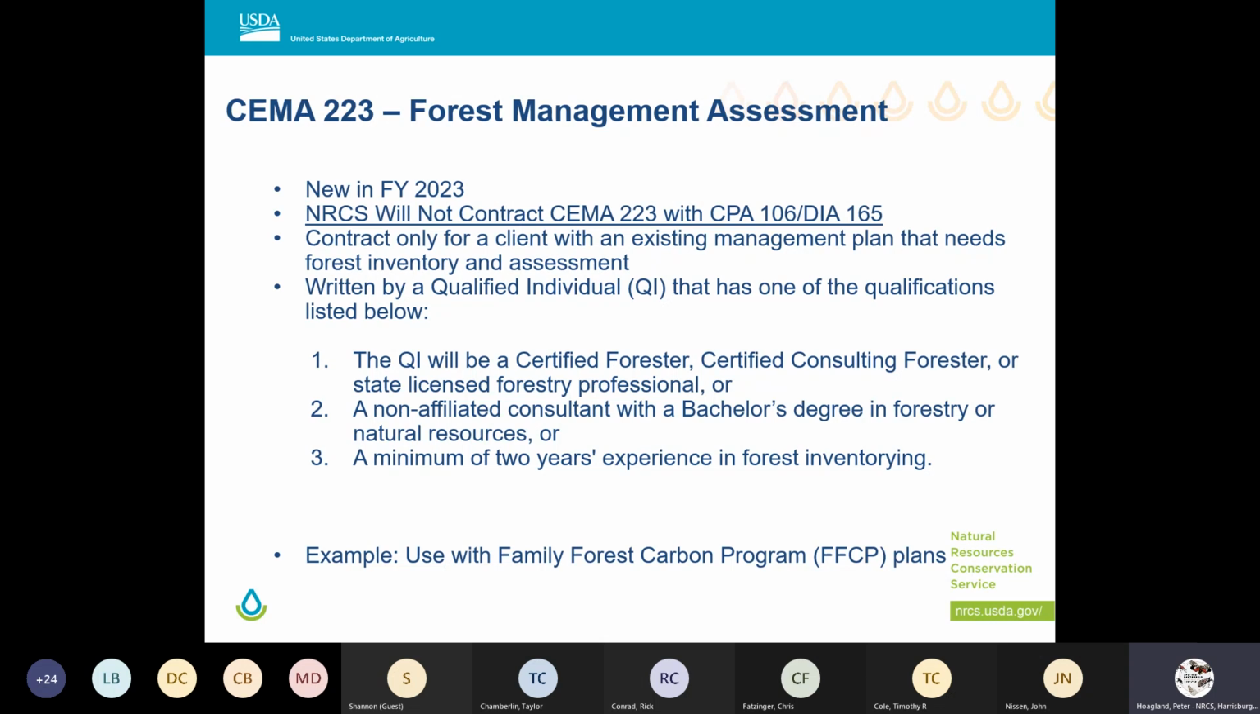And what's interesting about these CEMAs is that they are not necessarily written by technical service providers. There is no registry for technical service providers to write CEMAs. You have to be a qualified individual. So that's a person that has qualifications listed here as a certified forester, certified consulting forester, or state licensed forestry professional, of which we don't have in Pennsylvania. Non-affiliated consultant with a bachelor's degree in forestry or natural resources, or a person with a minimum of 2 years